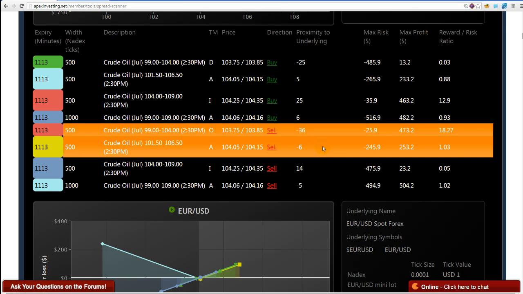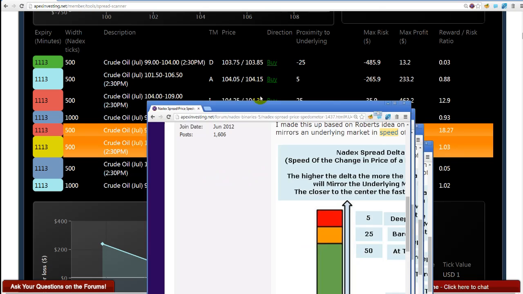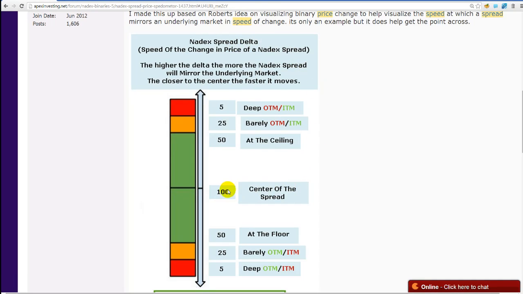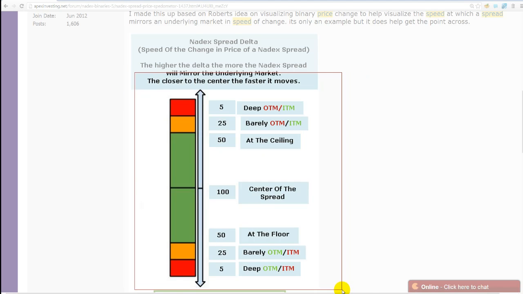Now again, it'll slow down on the other side. And there's something else people don't understand. If it's going up, it'll be like 100, and then 90, 80, 70, 60, 50, meaning it won't gain as fast in this top half the further away it is from expiration. So the best place to buy a spread, if you're going to pick a spread,